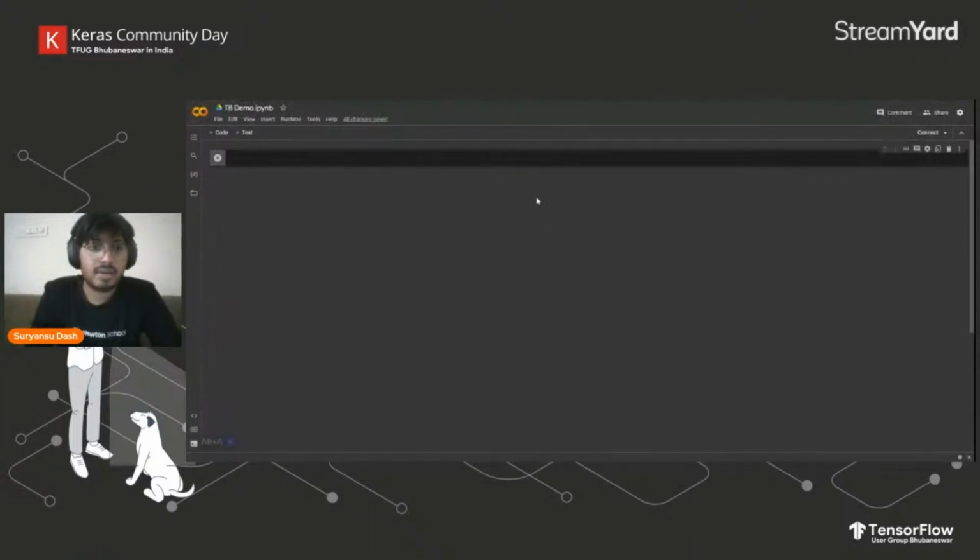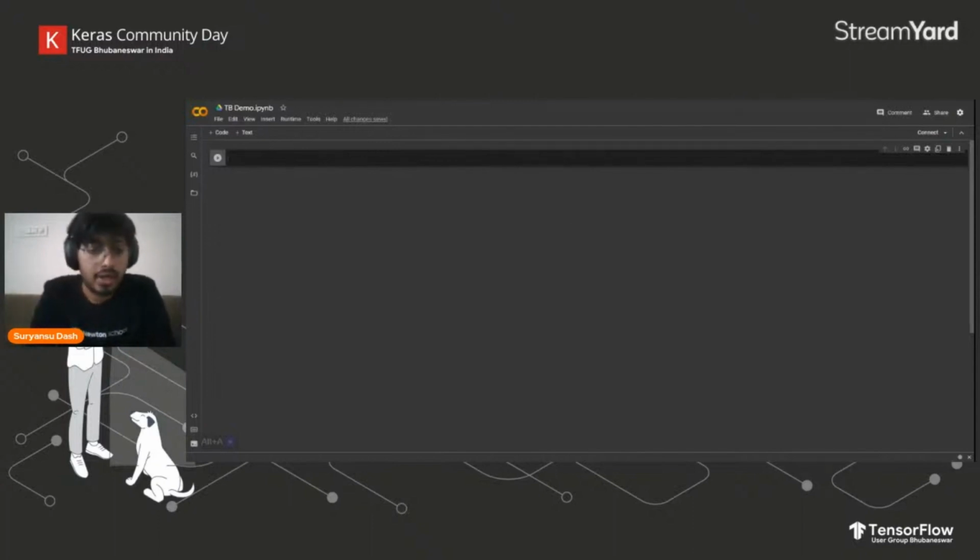Cool, let's start with it. TensorBoard is a browser-based UI, a complete dashboard, so rendering a dashboard on a notebook is not simple. When we do it in Jupyter Notebook, as you know, Jupyter Notebook opens a whole browser window for you to work on. Similarly, it opens a port where the TensorBoard is hosted. So if we want to use it in Google Colab, we have to load the extension of TensorBoard.